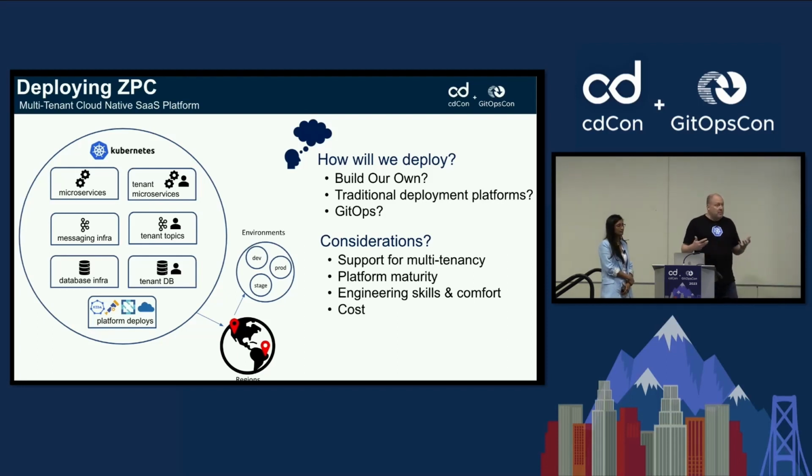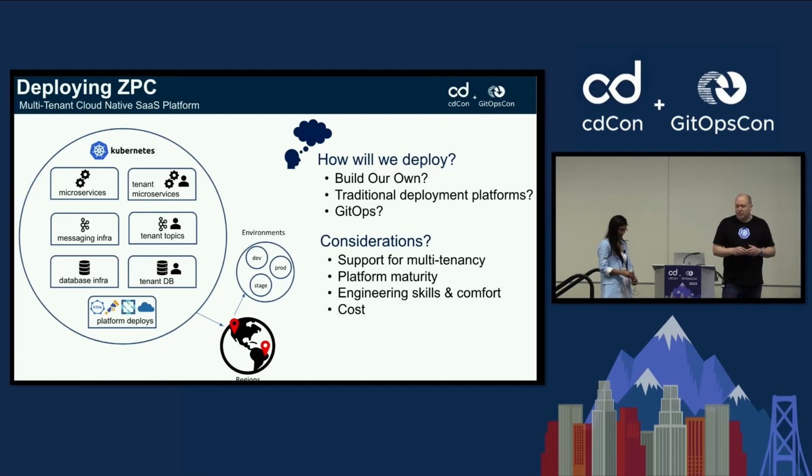Or do we want to maybe embrace a few GitOps side, right? Because GitOps, cloud native, they kind of go hand in hand. So that was definitely on there. But we had some strong considerations, right? We needed to support some of the special multi-tenancy use cases we had, tenants of tenants of tenants kind of scenario. We also were sensitive to not getting too early on new platforms because we wanted something that had some maturity and some long life. And we also, it was very important that our engineers were comfortable with working with the platform